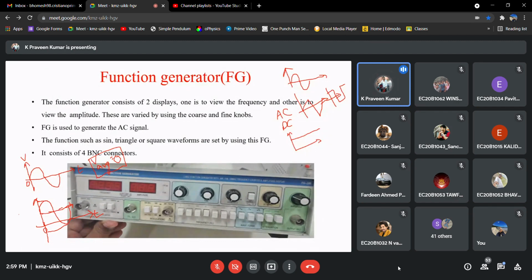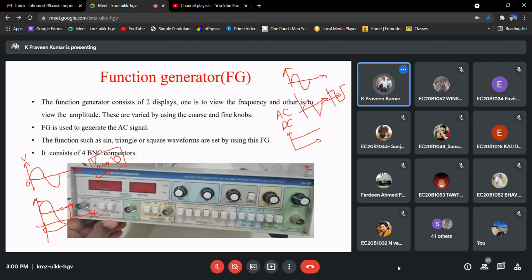Okay, so what happened here in these two waveforms? What can we deduce, what inference can we get from these two waveforms? If the value of positive peak and negative peak is 0, then whatever be the waveform we will get average voltage at 0, and for the rest of the things we will get a particular value.